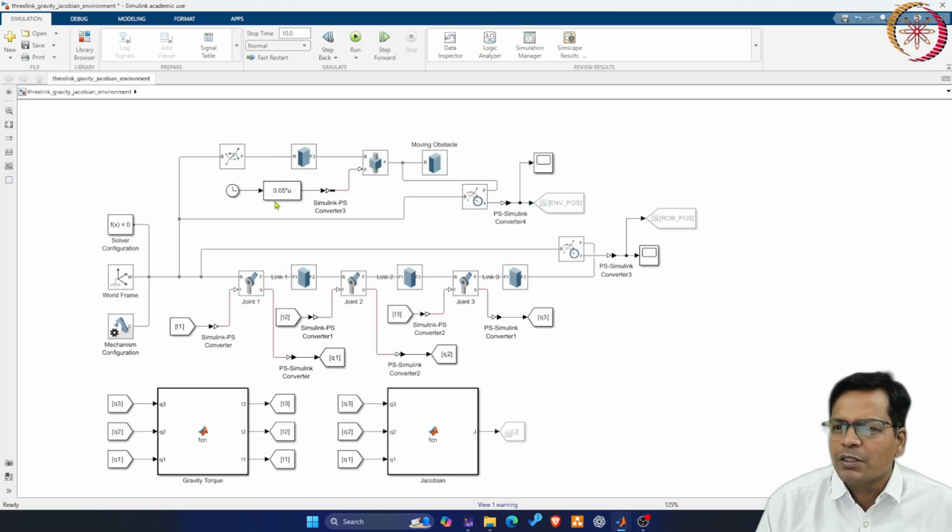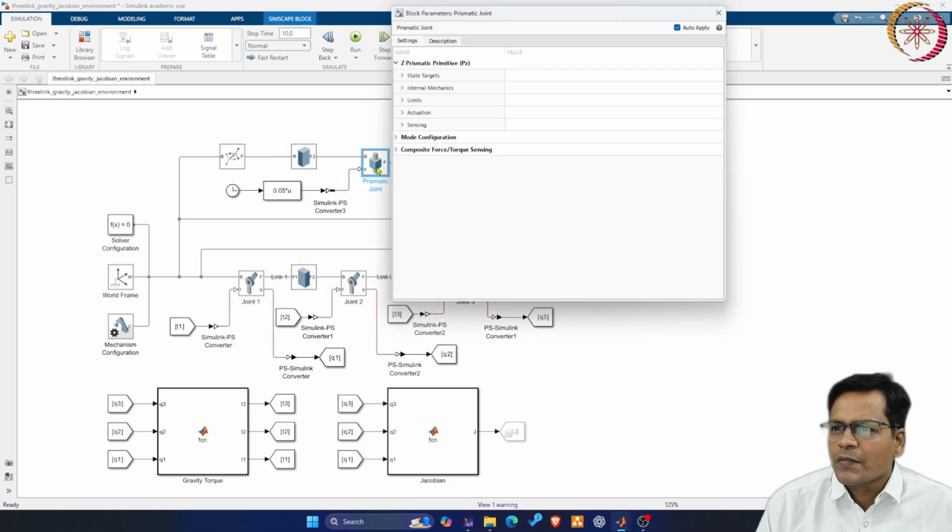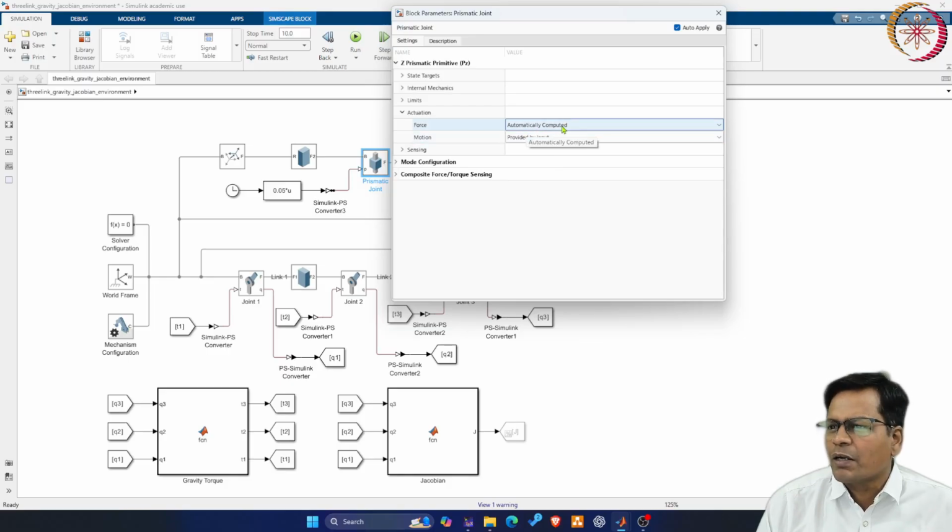This simple equation becomes my function, fed to the prismatic joint as the actuation motion provided by the input, and force is automatically computed, that is irrelevant here. I just want to move it.